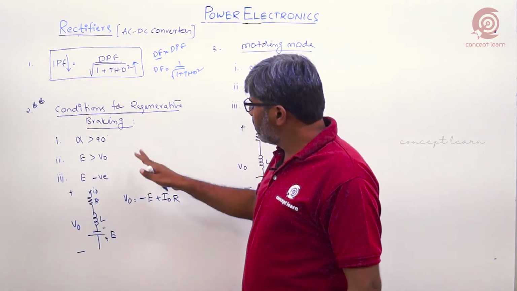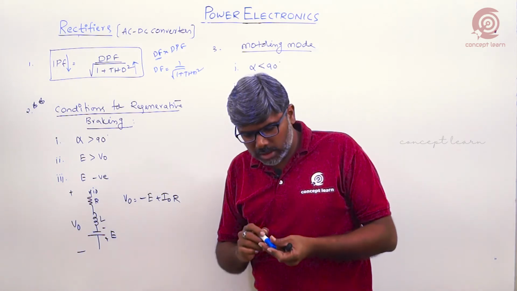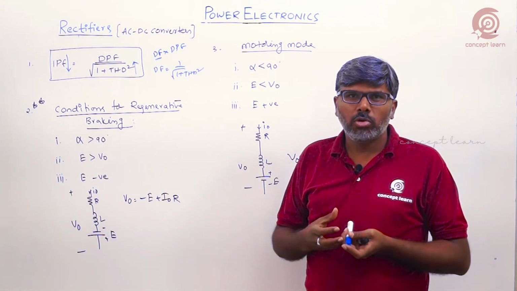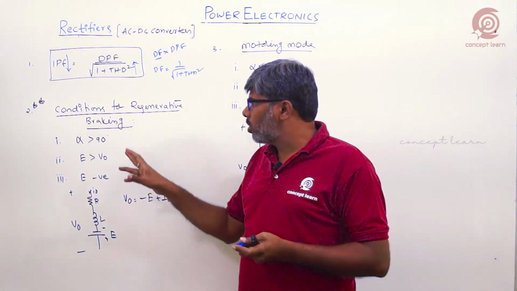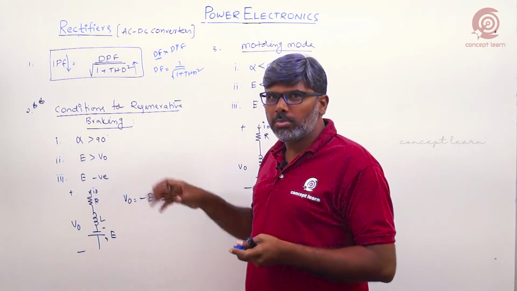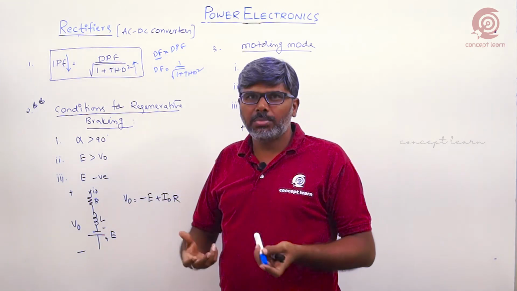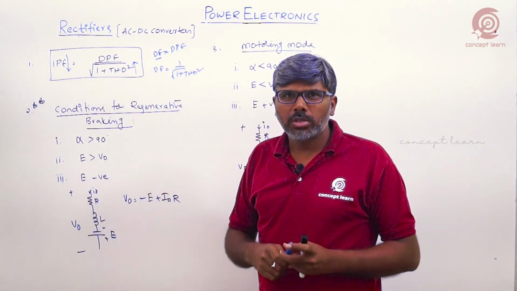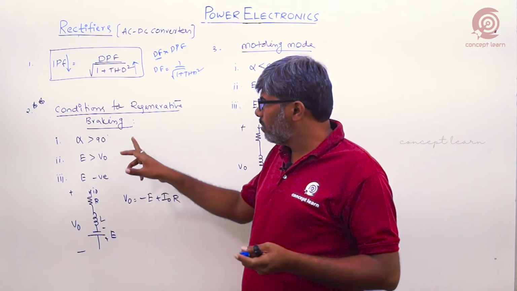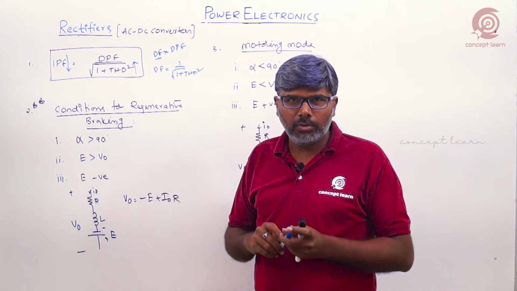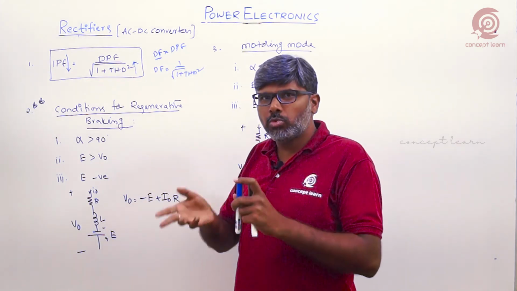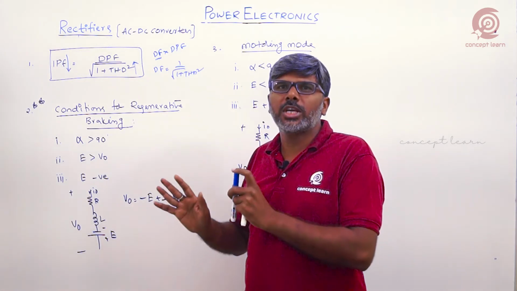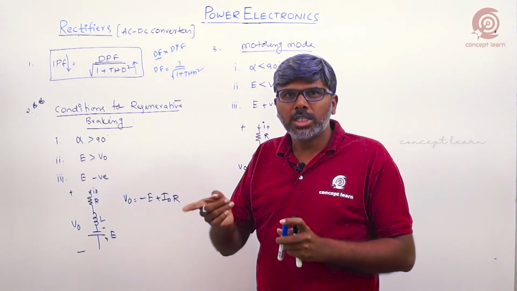Fine. Now coming to another important thing in converters: the regenerative braking mode, also called braking mode, and the motoring mode. From the examination point of view, this braking mode operation is very important. This is also called electrical braking. So what are the conditions for regenerative braking mode? This can happen in the full converter, not in the semi converter, because the full converter acts as both rectifier and inverter based on the firing angle. The semi converter always gives rectification mode at any firing angle alpha between 0 and 180.